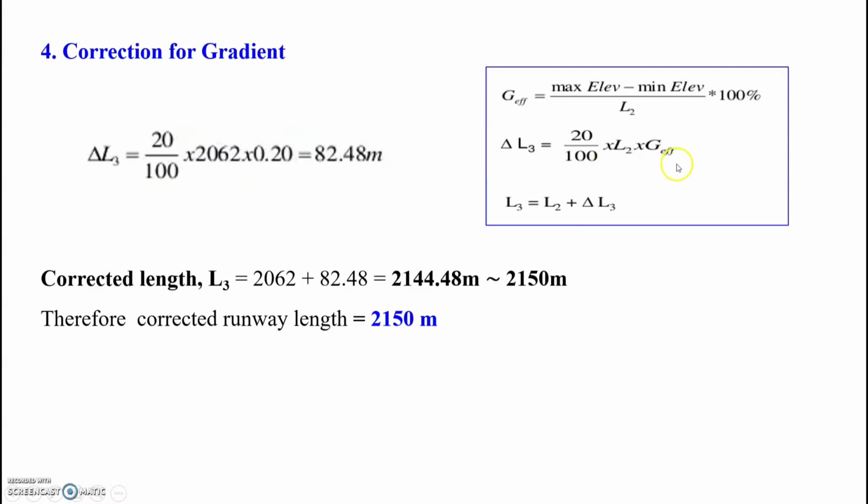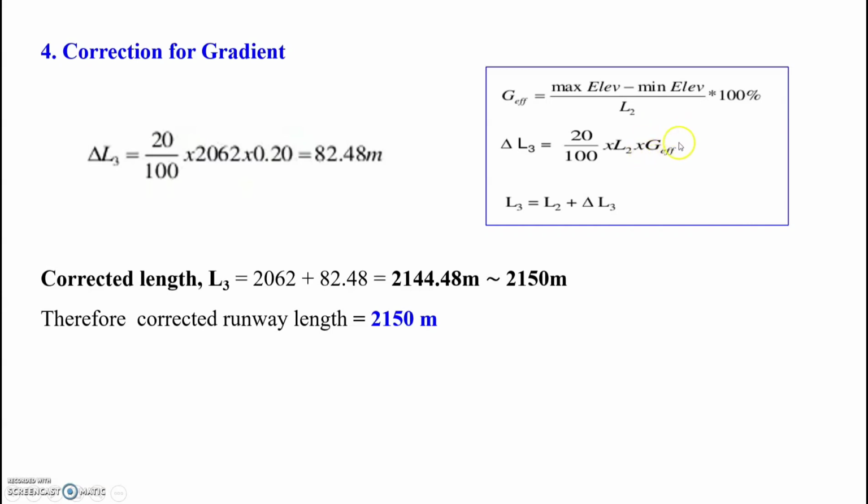So delta L3 is equal to 20 by 100 into L2 into the effective gradient. Here L2 denotes the runway length after application of your temperature correction, and Geff is the effective gradient, which in our question is directly given as 0.2%.